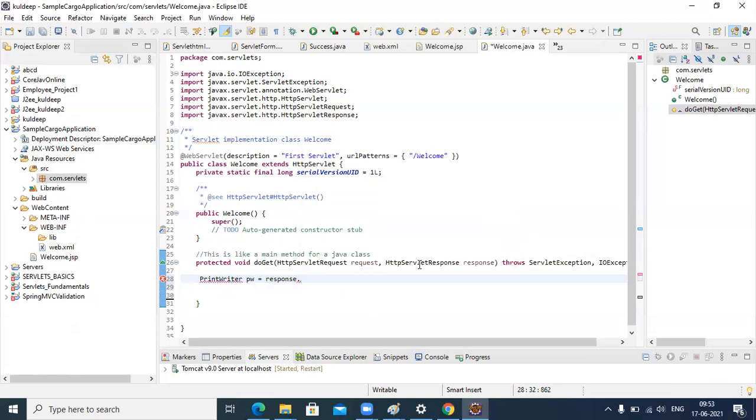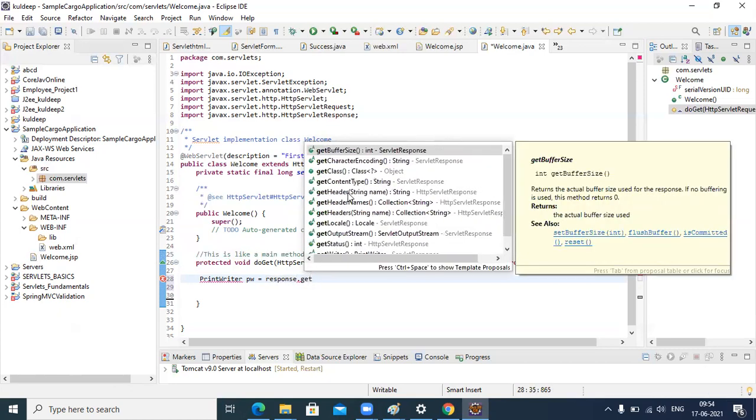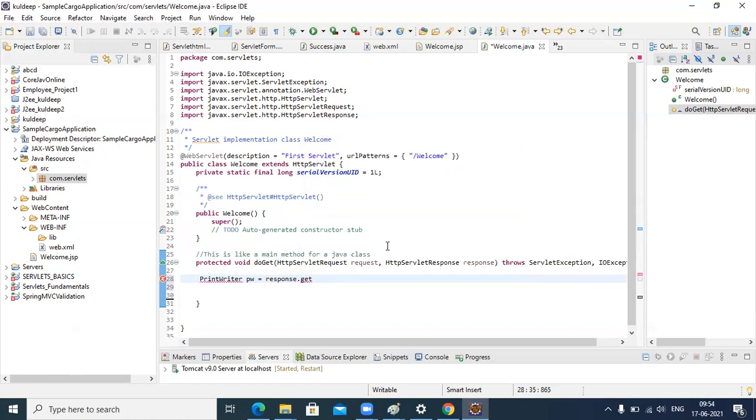Here the ServletResponse is named response. So you have to call response.getWriter, which will return a PrintWriter object.